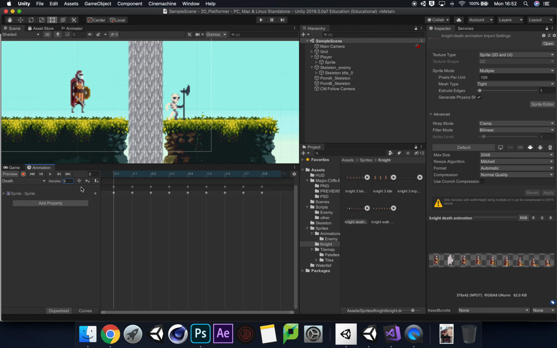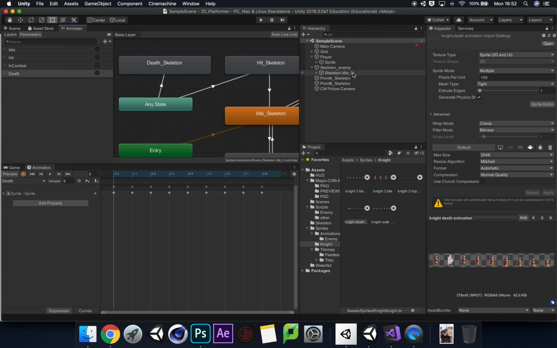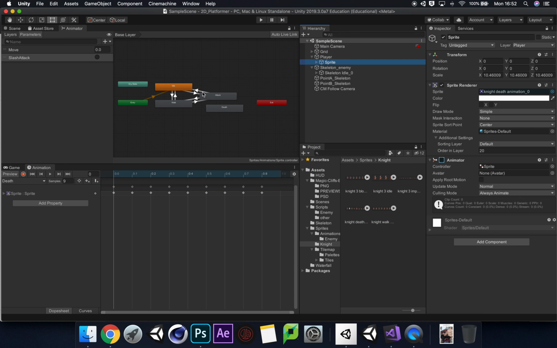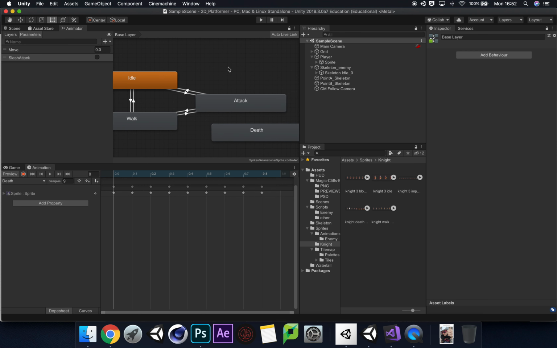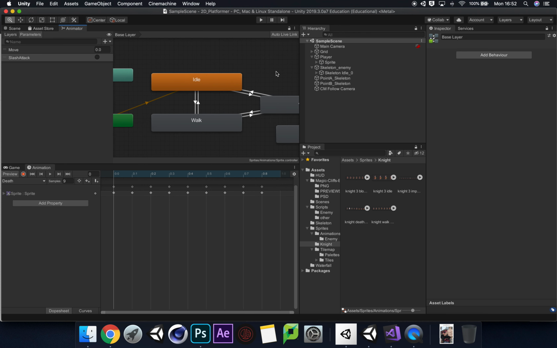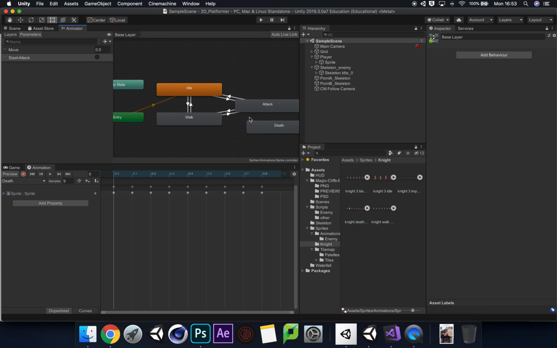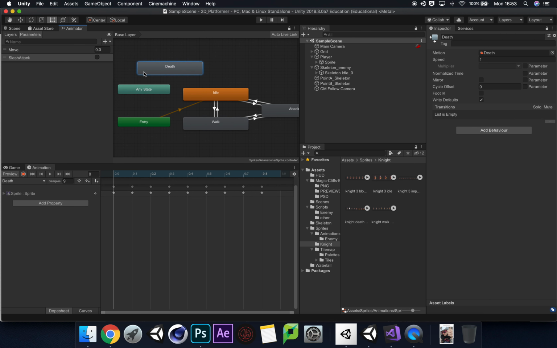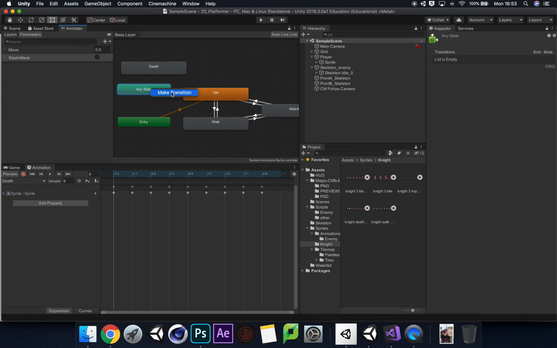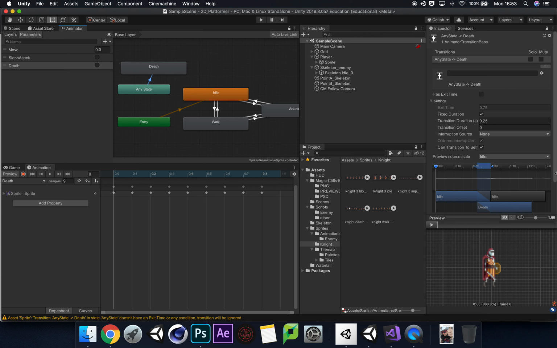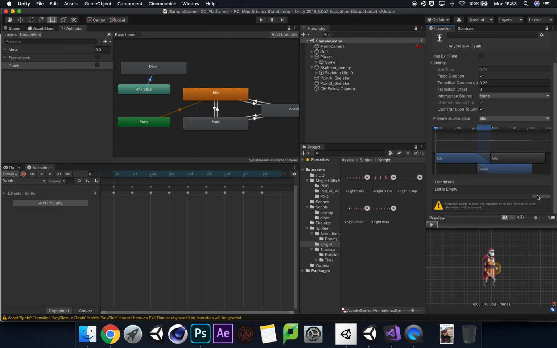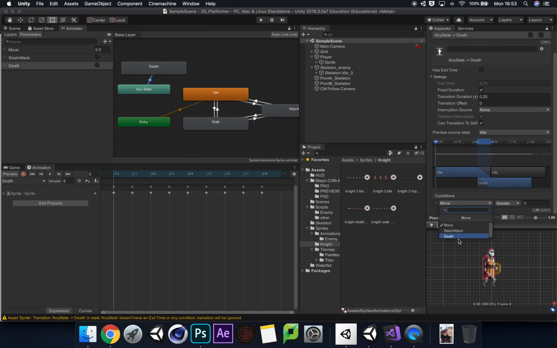while we're here, let's have a look at the animator for our character, and as you can see, we've got death there, and we're going to do the same thing again. We're going to move this death over to here. We're going to create a transition. We're going to create another trigger, and again call this death, enter, transition, go down to conditions, add death,